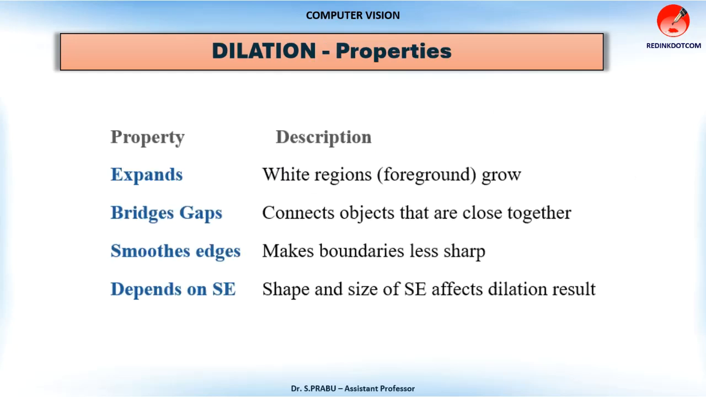These are the properties of dilation. First, dilation expands the white regions or foreground in an image. This means objects appear larger after dilation. Second, it helps to bridge gaps. When two objects are close to each other, dilation can connect them, making them appear as one continuous object. Third, dilation smooths edges. It reduces sharpness along the boundaries and makes the shapes look smoother. Finally, the result of dilation depends on the structuring element or SE. The shape and size of the structuring element directly affect how much the object expands and in what direction the